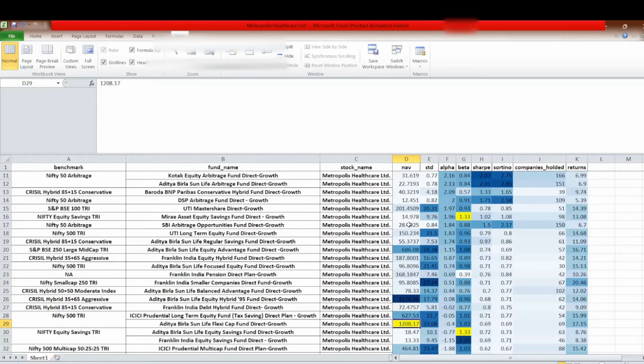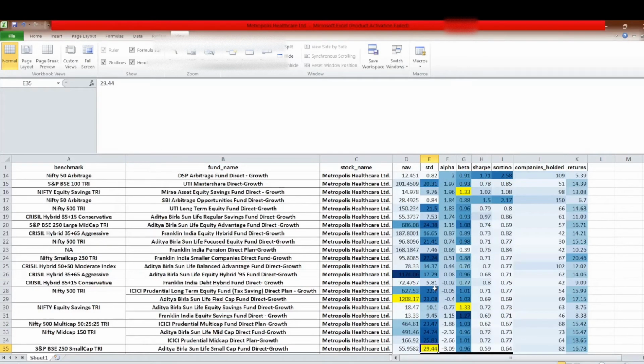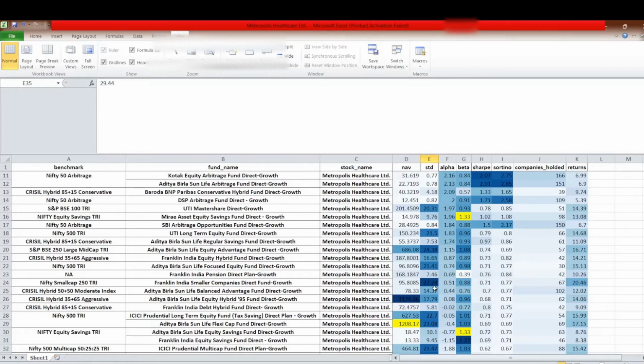And the next one is Aditya Birla Sun Life FlexiCap Fund. This one among the 46 schemes has the highest NAV value. And even for the Sun Life Equity Savings Fund, we have the beta of 1.33. And Sun Life Small Cap Fund has the highest standard deviation among all of them. So standard deviation can be around between 10 to 15